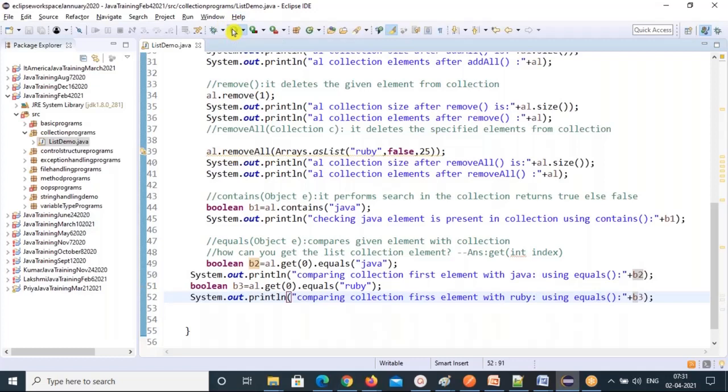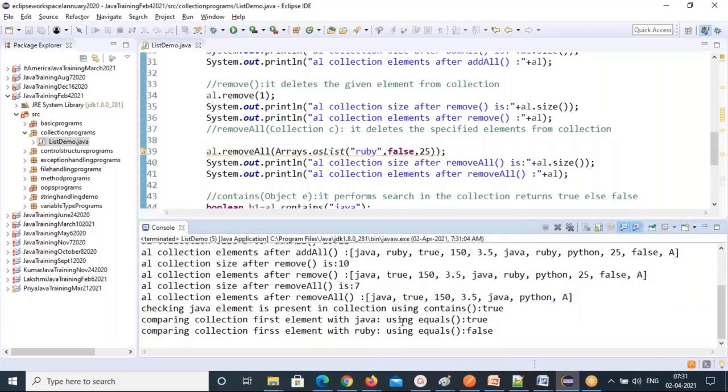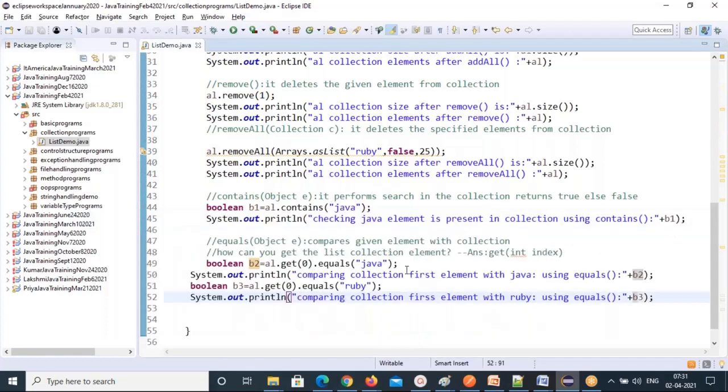Just print that. See that? These two are same, that's why you're getting true, and the first element and Ruby are not same, that's why you're getting false, right? So that's all about the progress. Still a lot of methods are there. We'll explore them in the next class.